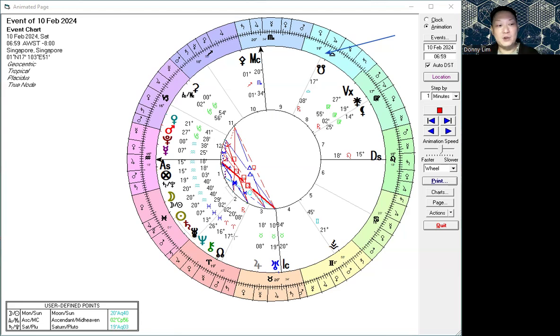So if someone has got a 3rd house that's prominent, if we use derivative houses, it's the 7th from the 9th: someone who actually wants a partner that has equal interest in traveling, 7th from the 9th, or someone who has the same level of tertiary education as them, 7th from the 9th as well. So if we actually move forward,